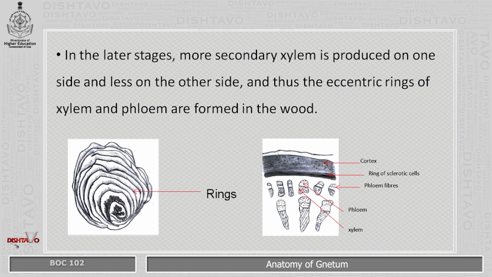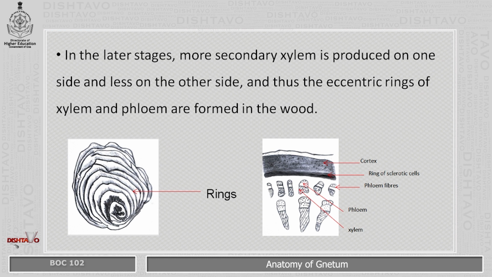Here at the middle region, the one marked in darker color is the cambium, which helps in formation of xylem towards the inner side and phloem towards the outer side. More of the xylem is formed and less of the phloem is formed. Once the entire cycle of forming the xylem and phloem is complete, the primary cambium ceases to function, and another layer of xylem, phloem and cambium is formed, wherein the cambium again starts giving the xylem towards the inner side and phloem towards the outer side.